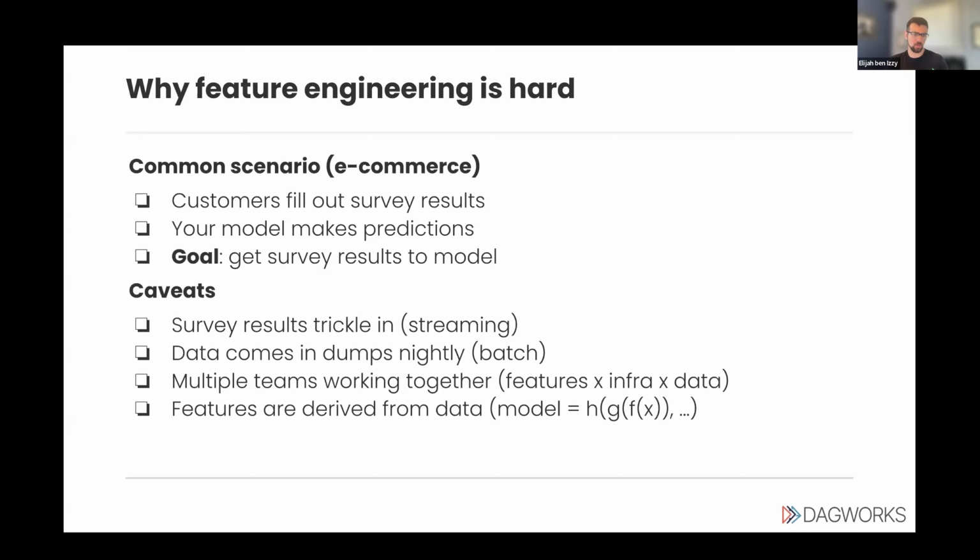What are the caveats here? Well, you've got streaming survey results trickling in. As you just learned, the infrastructure for that can be fairly nuanced and complicated. Data comes in dumps nightly, so there's batch data to handle. Multiple teams are working together to do this if you're at a bigger company. So you've got your feature teams, your infrastructure teams, and your data teams. And features are derived from other features that are derived from data, right? So it's functions of functions of functions of your raw